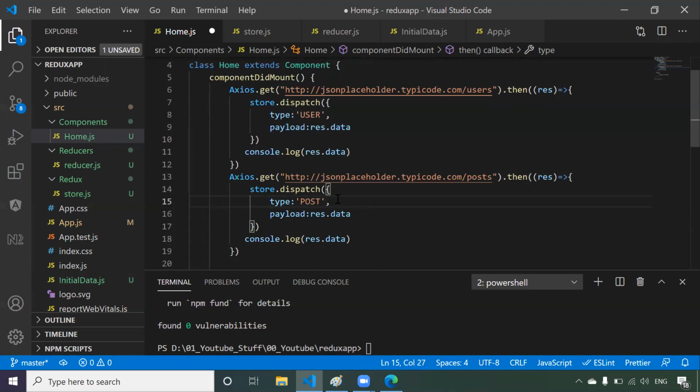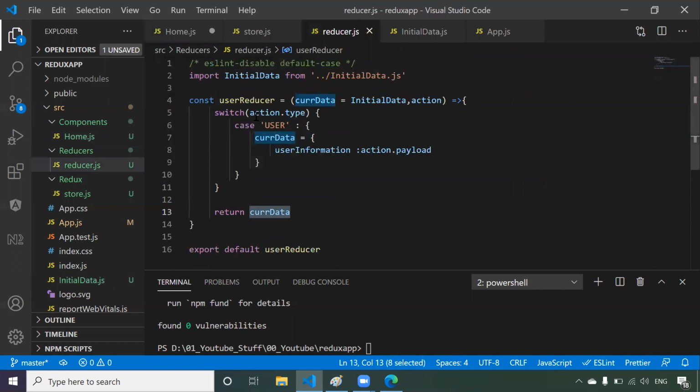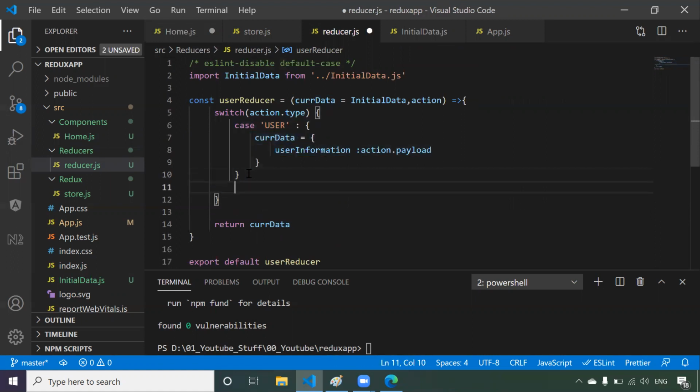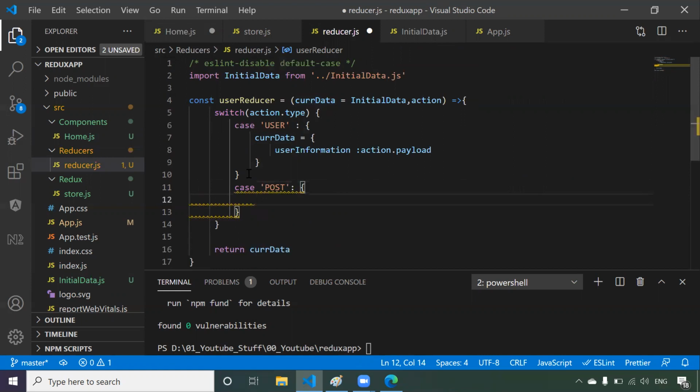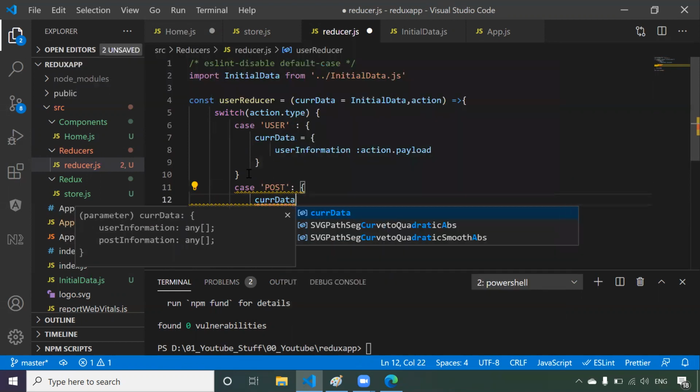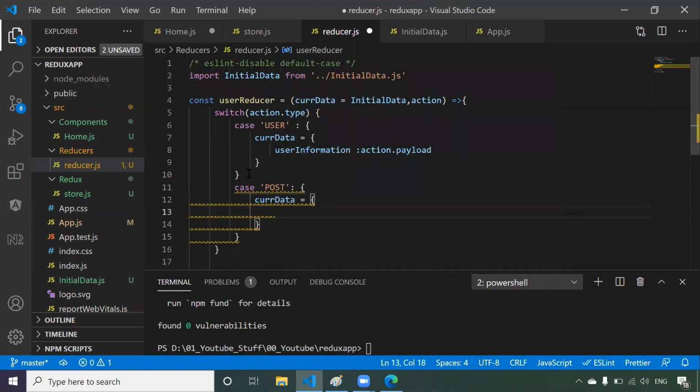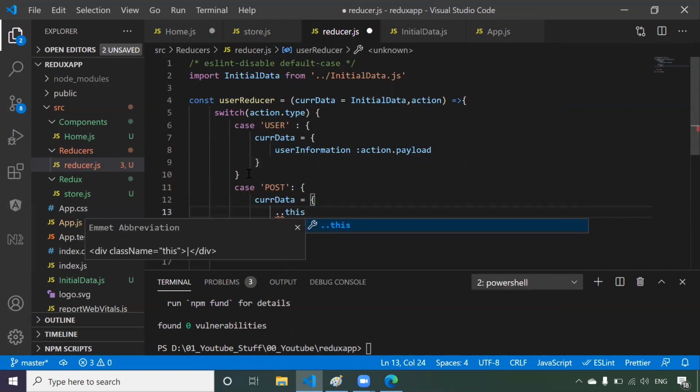Okay, type is post. Now this dispatch will call the reducer. It will come to here. Now action dot type is post, so we have to write one case. I'm going to copy this, or else we'll write here case is equal to post. If the case is post, then current data equals to, first of all it should be this dot, not this, spread operator.